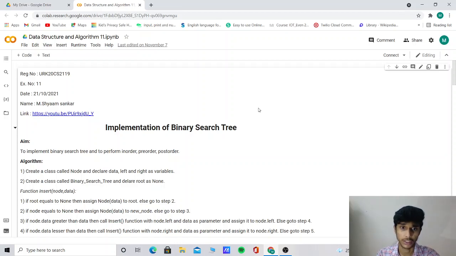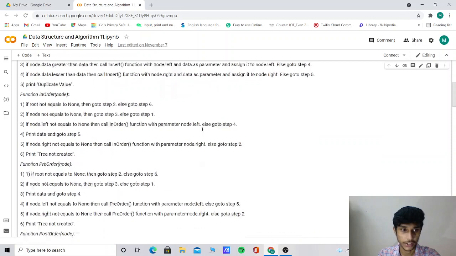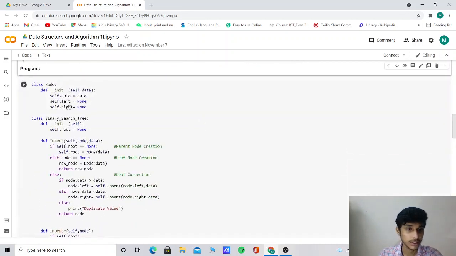In this video, we are going to see the implementation of a binary tree. First, I created the class named Node, with def __init__(self, data): self.data = data, self.left = None, and self.right = None. Now I have given BinarySearchTree as the class name here. Then I inserted def __init__(self): self.root = None.